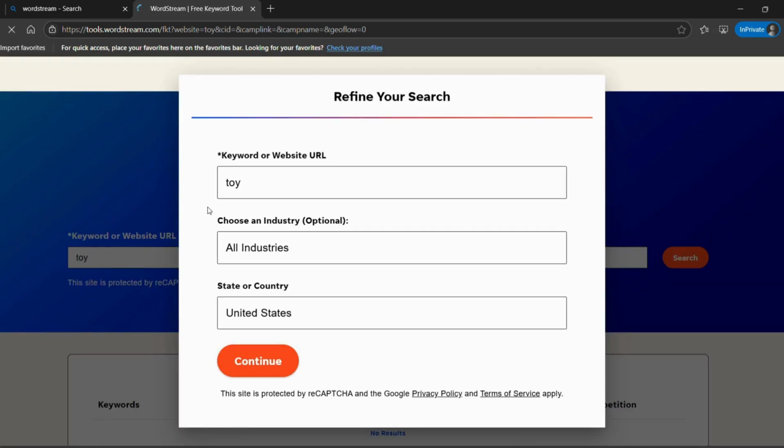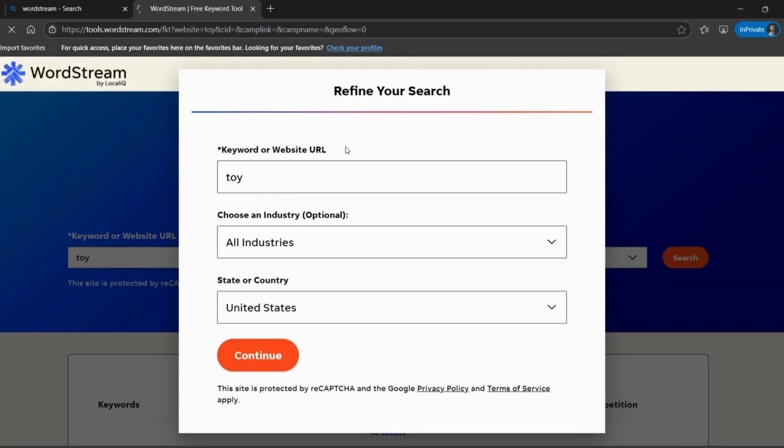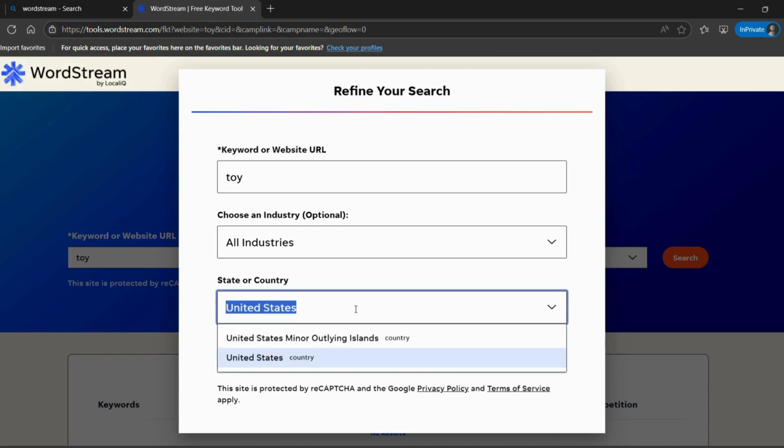Then they ask in which industry and which country this toy is for. This is the whole list of countries they have on this site, and I am living in Sri Lanka and